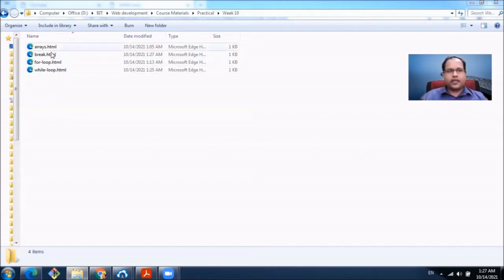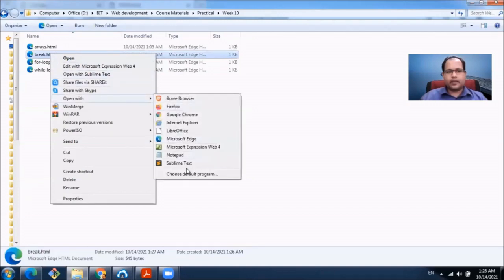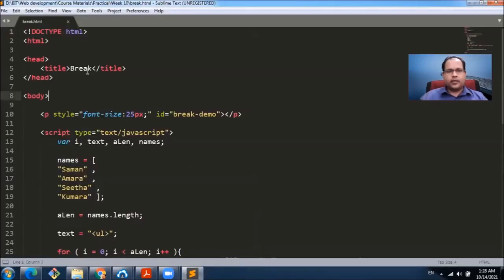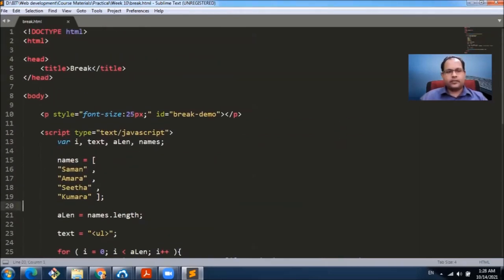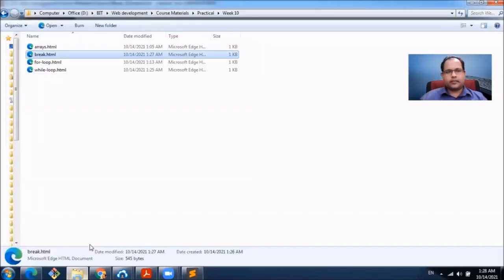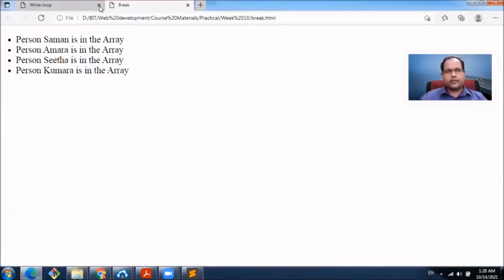Okay, let's open this file and see. Now we want to break a loop. Let's run this file first.